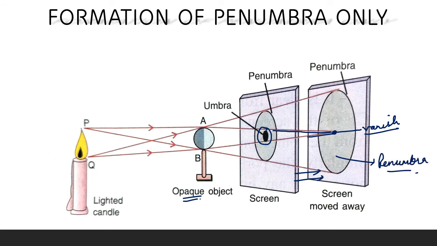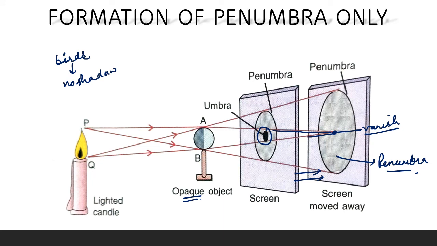Thus, if the source of light is bigger than the opaque object and the distance between the object and the screen is large, then the shadow formed contains penumbra only. You have observed that when birds fly in the sky, they do not cast their shadow. It is because